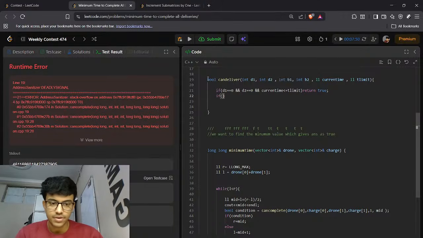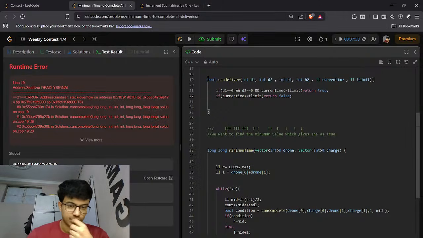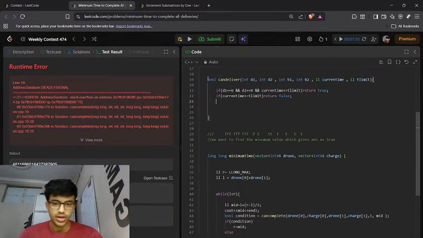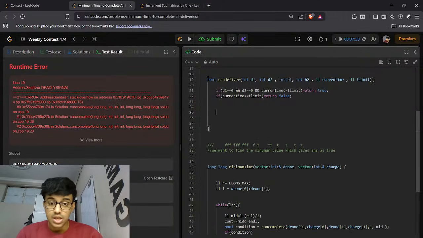Or else we can check if current time is greater than or equal to T limit, return false. Right, these are the base conditions. Now check if we can